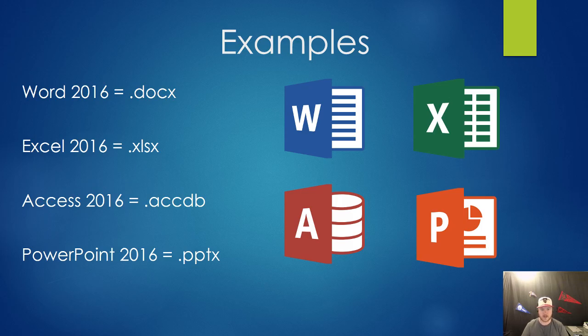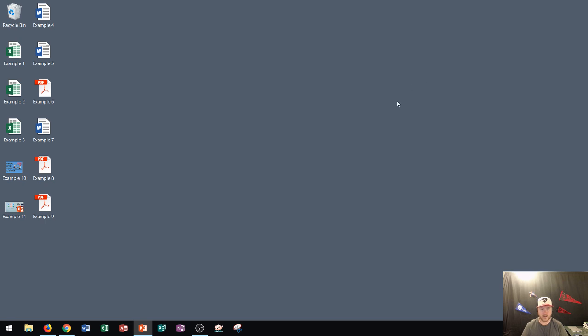So now what I'm going to show you is how to find the file extensions on your own computer. Let me go ahead and show you these files right here. We have 11 files in this kind of gallery here. Now, just by looking at these images, you could tell what some of the files are, but only if you're familiar with the types of files. For instance, I know this is a Word file because I could see the Word document right there. But as we move through, this looks like a PDF right here, but we see these two down here. These are just images, but I don't know if they're a JPEG, I don't know if they're a PNG, I'm not really sure.